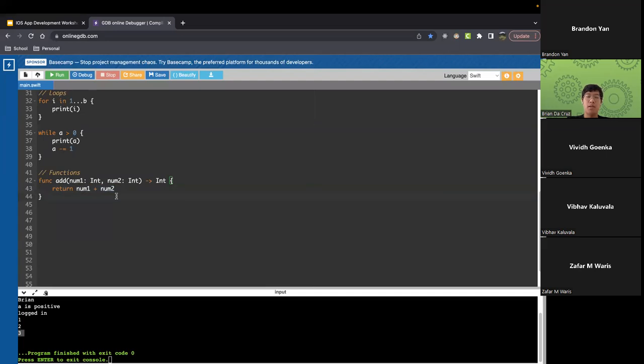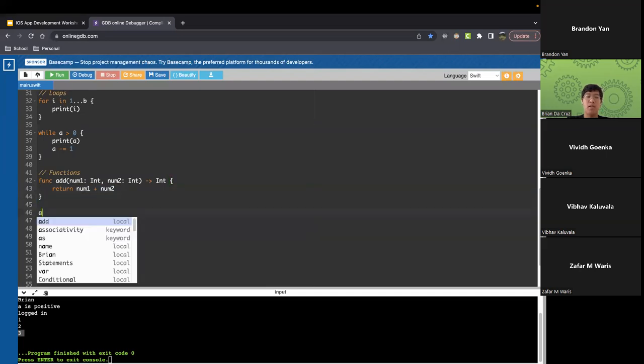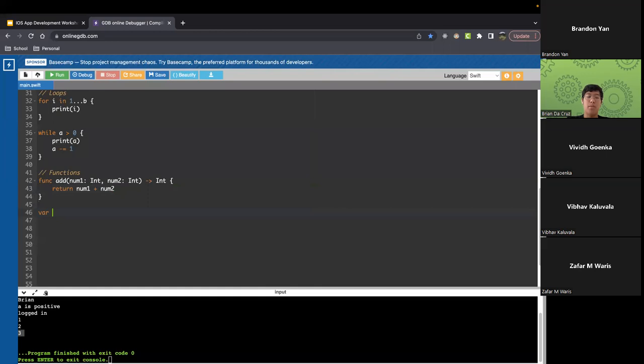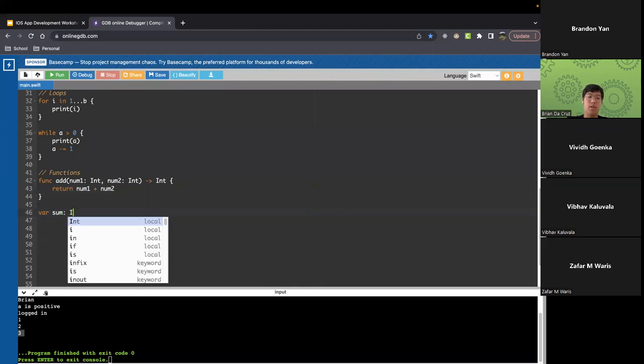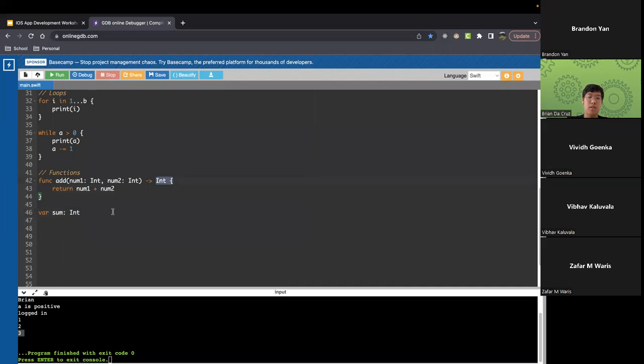And if I want to run this function, for example, I could say something like variable sum is equal to, let's say it's an integer data type, because that's what the function is returning. I can set this equal to add 2 comma 4, and that's going to return 6 for this sum, because what's happening behind the scenes is I'm calling the function, so num1 is going to get assigned to 2,